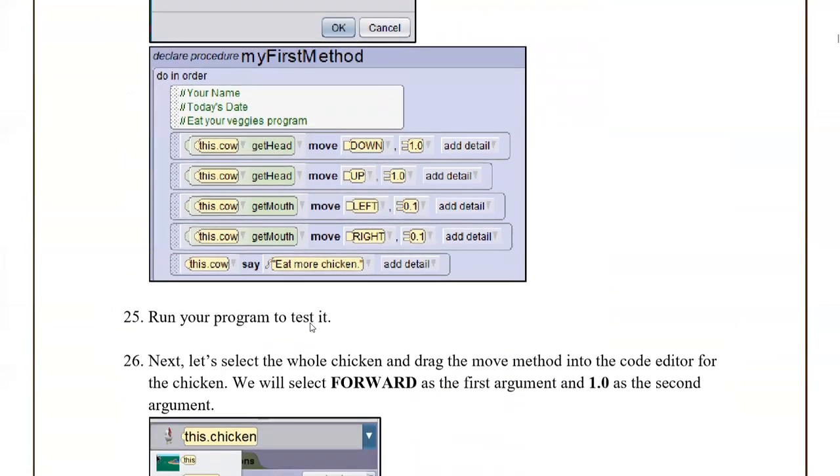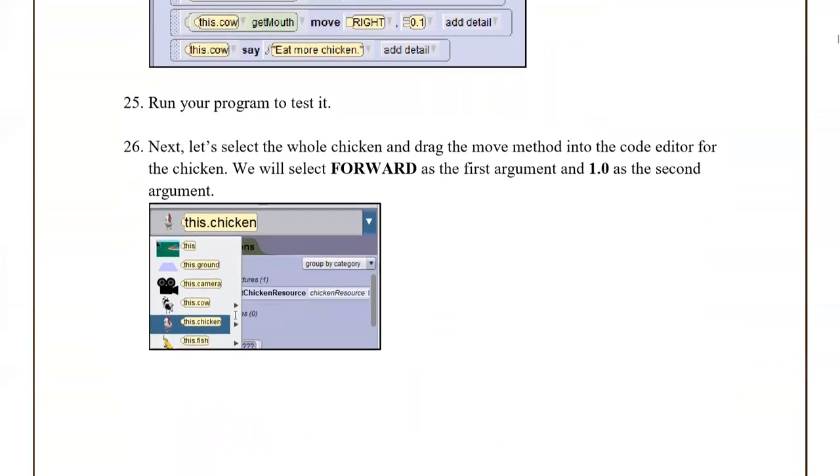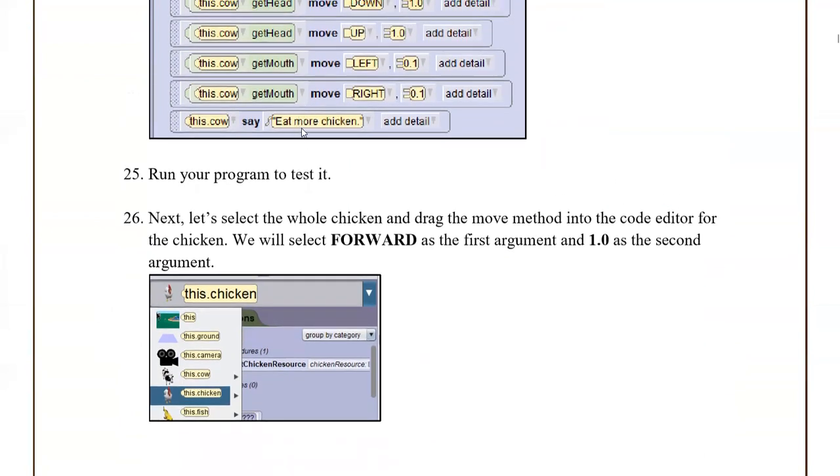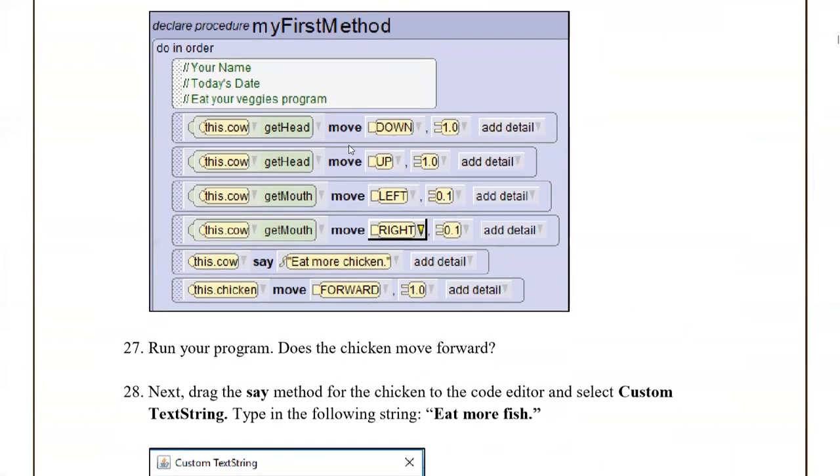These perform an action. So what's going to happen here is the cow is going to say something, not with voice in this particular case, but a little bubble or text window is going to come up on the screen. You can see right there, the cow is going to say, eat more chicken. This is pretty much how your program is going to run. It's going to perform these actions,